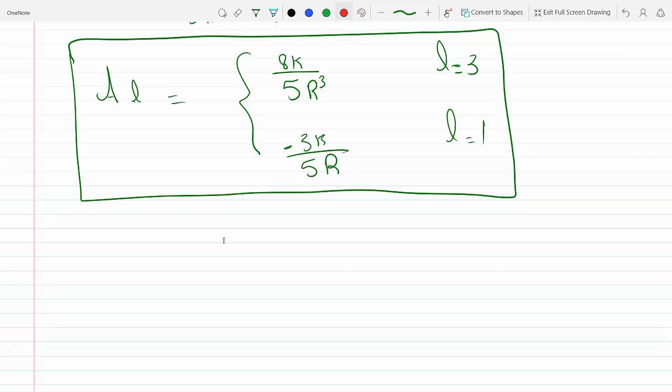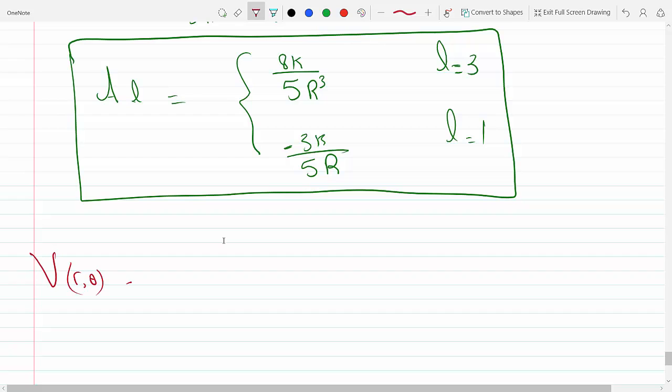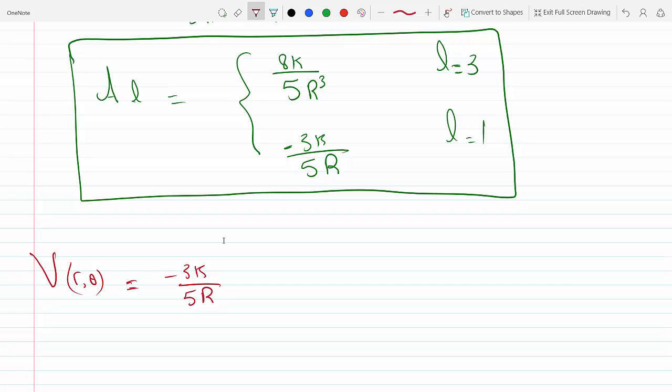I get my V(R, theta), right? Equals to, if L is 1, I get minus 3k over 5R, right? P1 cosine theta. Because remember, there's only 2 terms that survived from this entire summation,